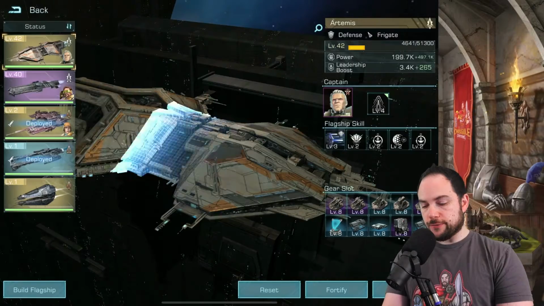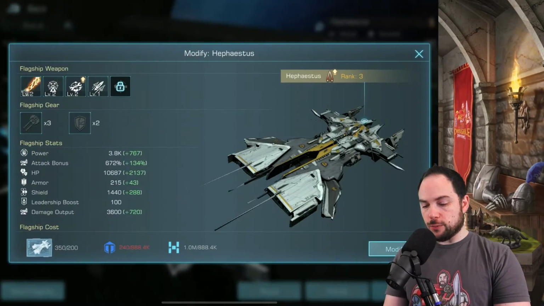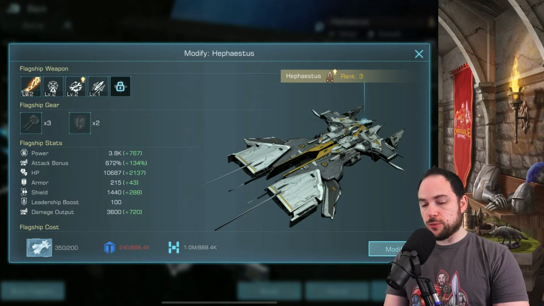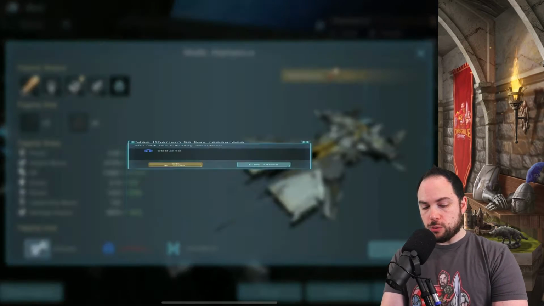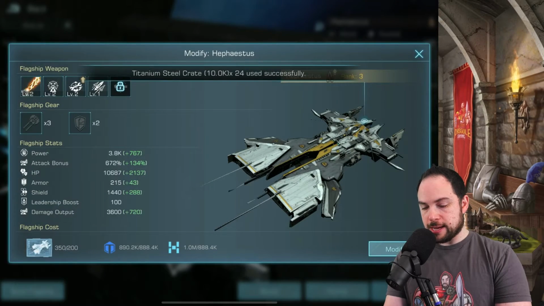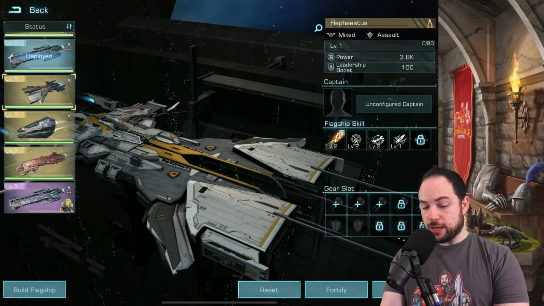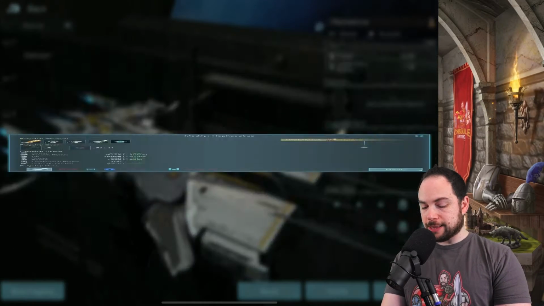those blueprint fragments. Now we can go and upgrade our flagship. We go to modify. It's going to be a cool 200 of the blueprints to take it to the next level. Again, that gives us the armor and shields. We'll smash that modification button, smash out the resources we need, and there we go. Modification is complete. That doesn't give us any of these extra slots unlocked, unfortunately, and to get the next level,